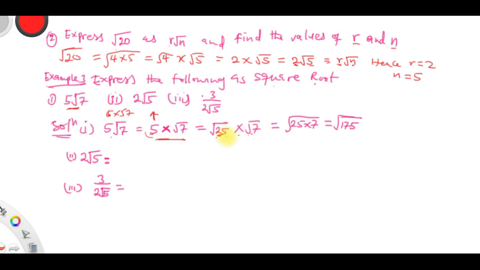Then according to the properties, we can just write this as 25 times 7 and put them under one square root sign. And then we get